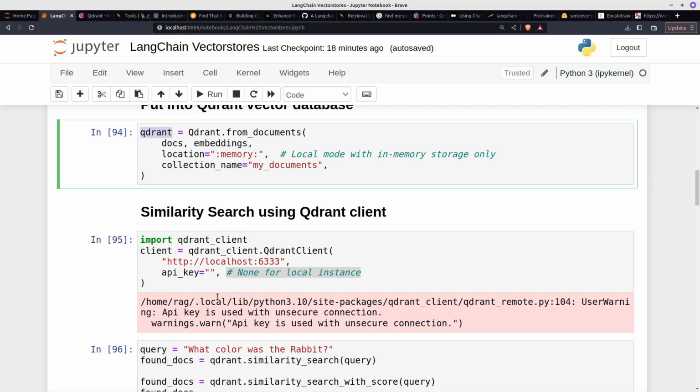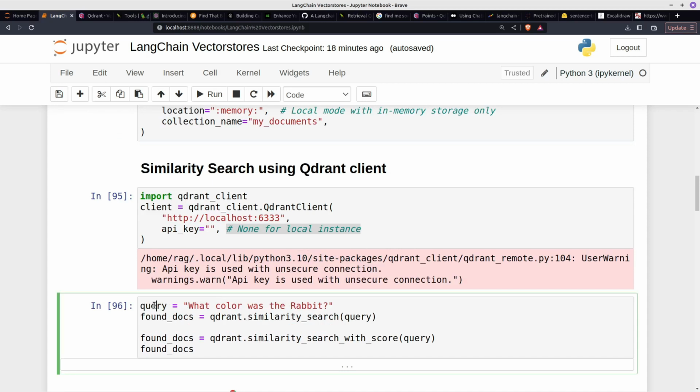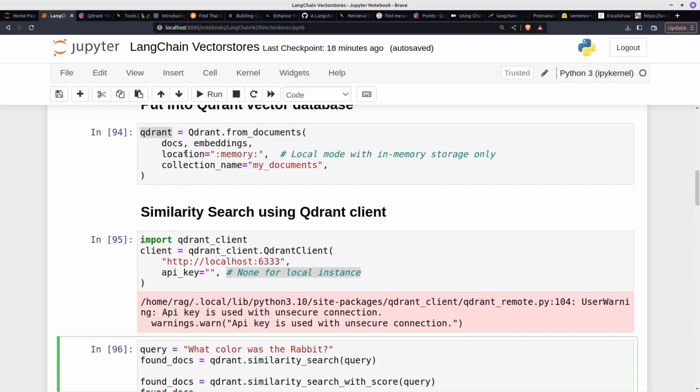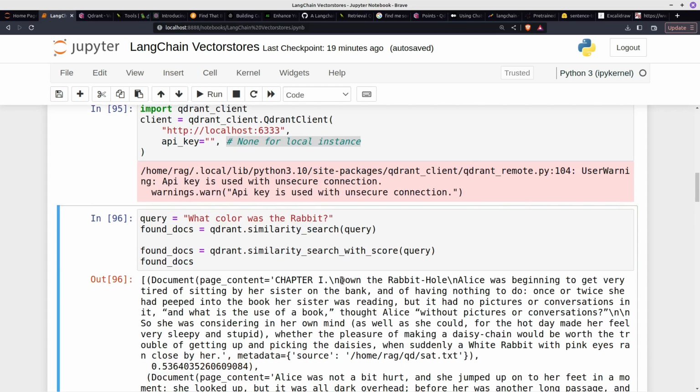So to do the similarity search, let me just go down to here. Make a query: What color was the rabbit? It's as simple as that. And then you call Qdrant, so that's the object that we made here. And that object, you can then use the method similarity_search, pass it query: what's the color of the rabbit? When you run that, you get an object called found_docs, and if you do run on found_docs, you will get,